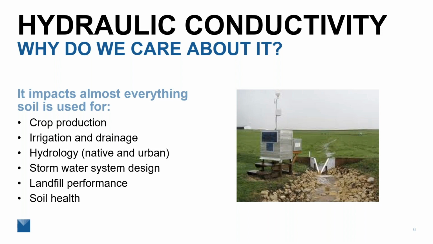Hydraulic conductivity is obviously a really important factor in hydrology in both native and urban environments. It's one of those main factors that affects how water is going to run off through a watershed, how urbanization is going to affect that, and how that impacts downstream flows. In turn, it's also going to impact stormwater system design as we try to better mitigate urban runoff and